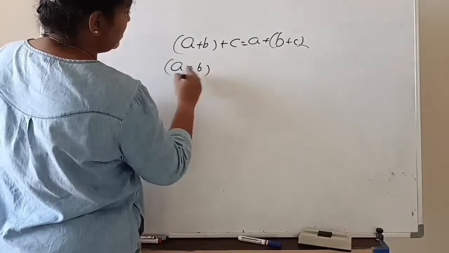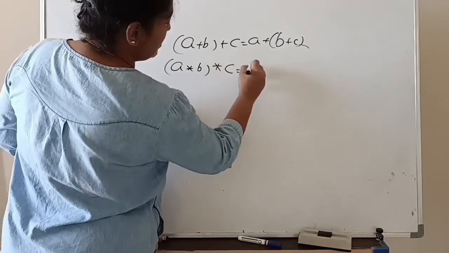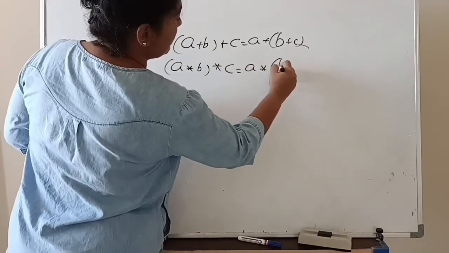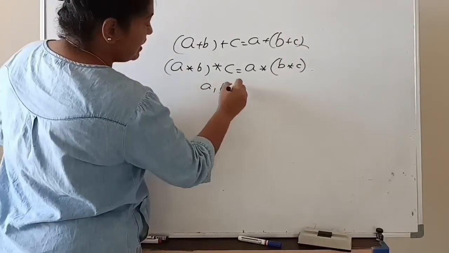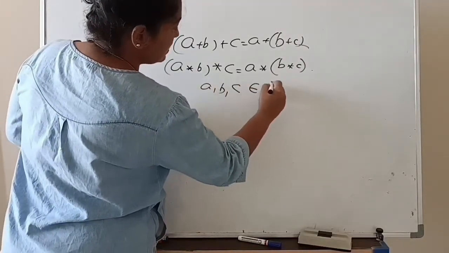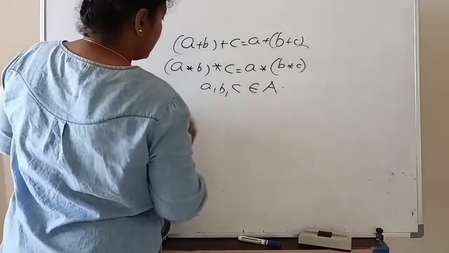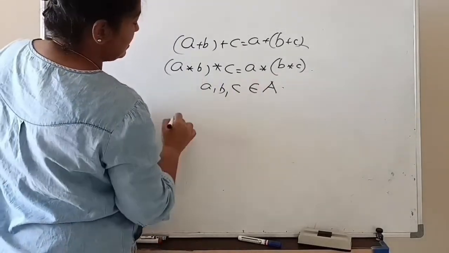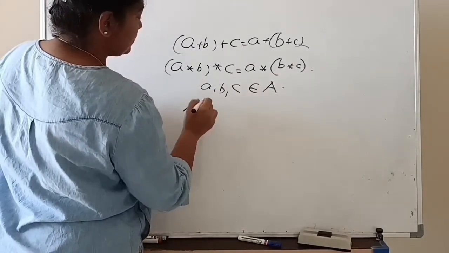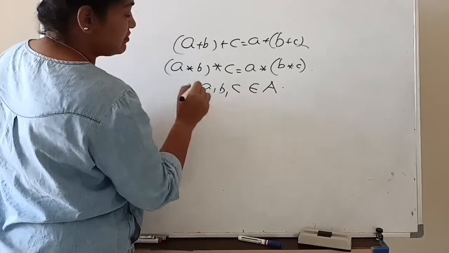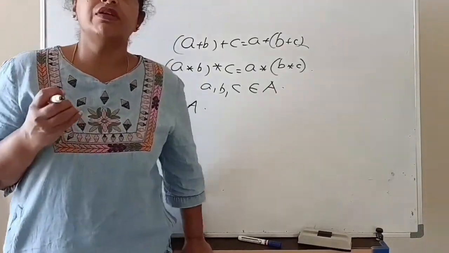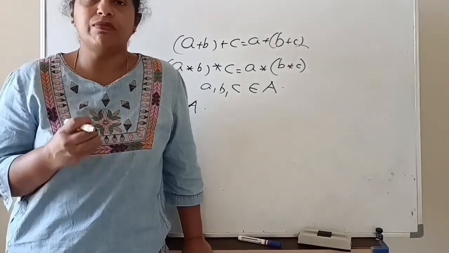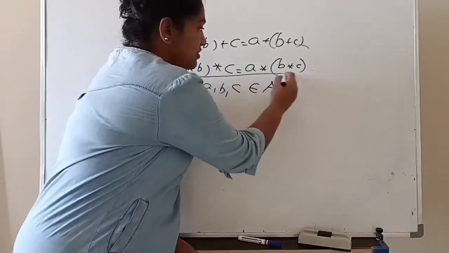A binary B whole binary C should be equal to A binary B binary C, when A, B and C all belong to the set A, and this is a binary operation which is defined on the set A. So, whenever you have to check the associativity of a binary operation, this is the condition that you need